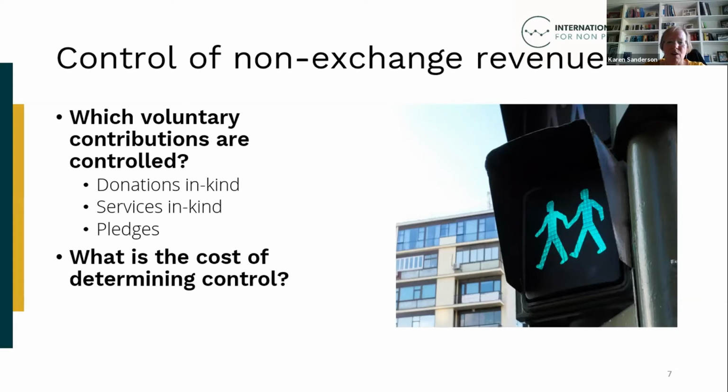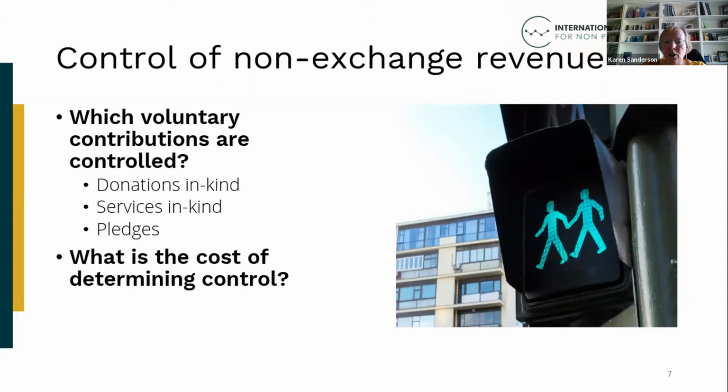I think this sounds right. The less likely the NPO is to have control, the less likely it is to have records. So NPOs need to have records and processes to demonstrate that they have control over the delivery of the services in kind, or the outputs of the service in kind, to be able to record them.